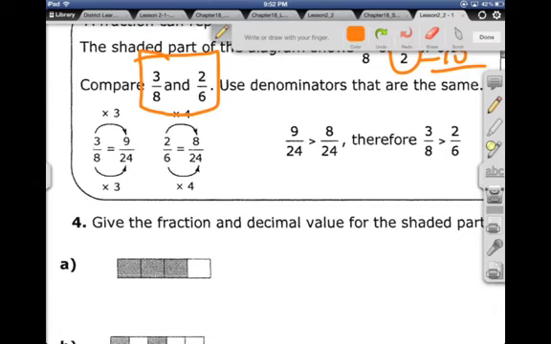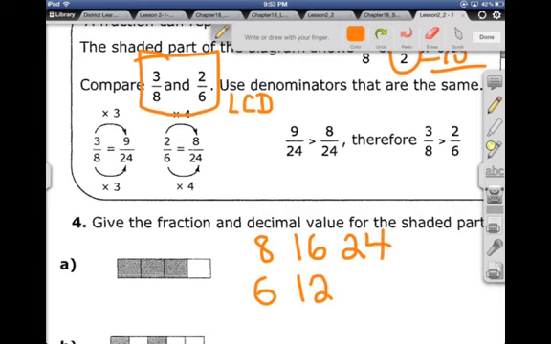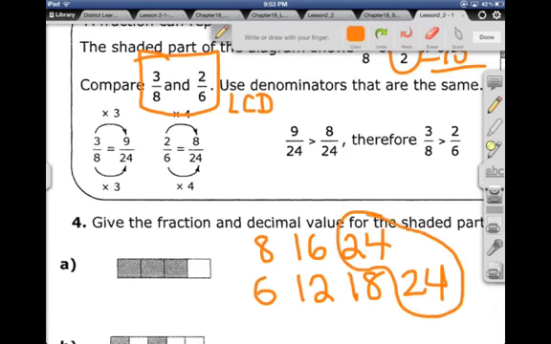So 8 and 6, the lowest common denominator, when you go through the times tables, and I'll erase this, when you look at 8 and you look at 6, 8 times 1 is 8, 16, 24; 6, 12, 18, 24. Well, look at that. That's the first thing that they both had in common as far as multiplying goes. So, that being said,